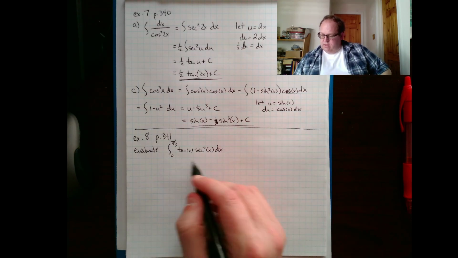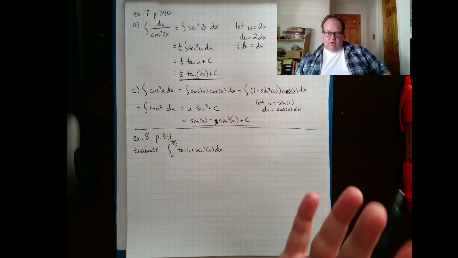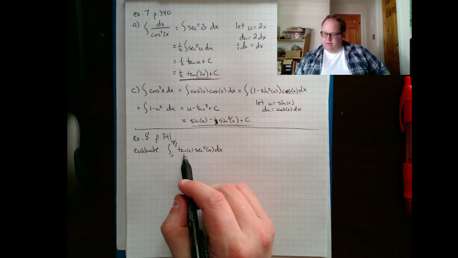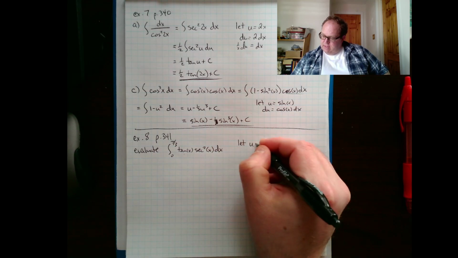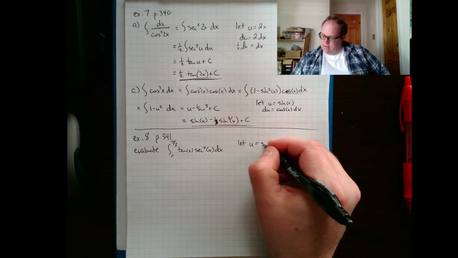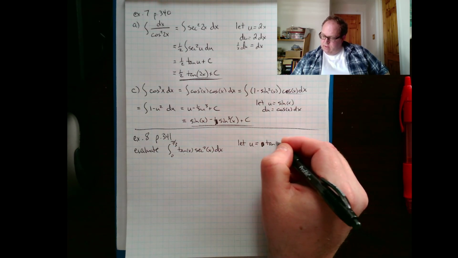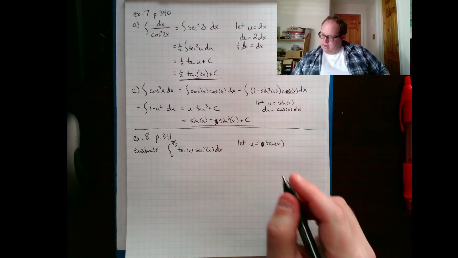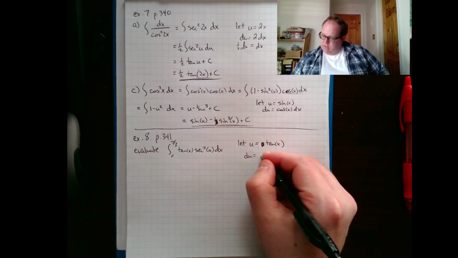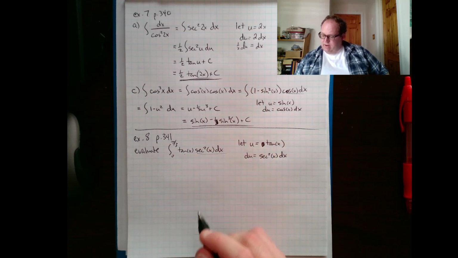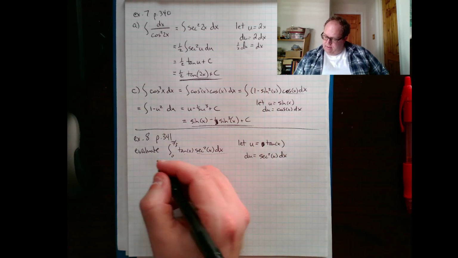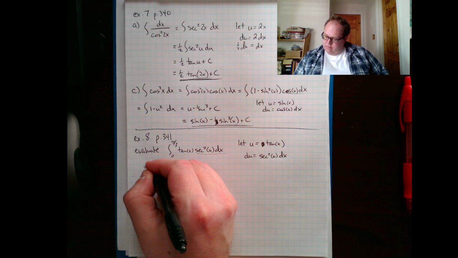So I look to see if I can find that pair of a term and its derivative involved, and the derivative of tangent is secant squared, so that suggests a substitution to let u equal tan x. In that case, du would equal secant squared x dx, which is exactly what I've got there, and my integral becomes